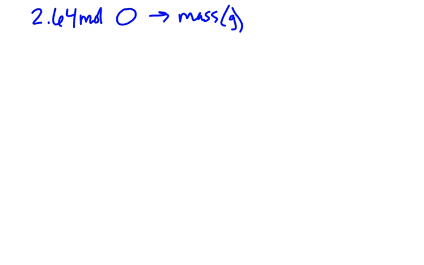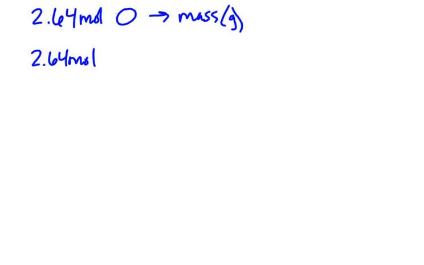Okay, so let's say we had 2.64 moles of oxygen gas, or say oxygen atoms, or let's go oxygen gas, why not? And then we need to convert this into mass. Actually, let's just make this plain simple O, oxygen atoms. So 2.64 moles of O, and I want to find the mass, and of course this mass is going to be in grams. So I start with what I'm given,